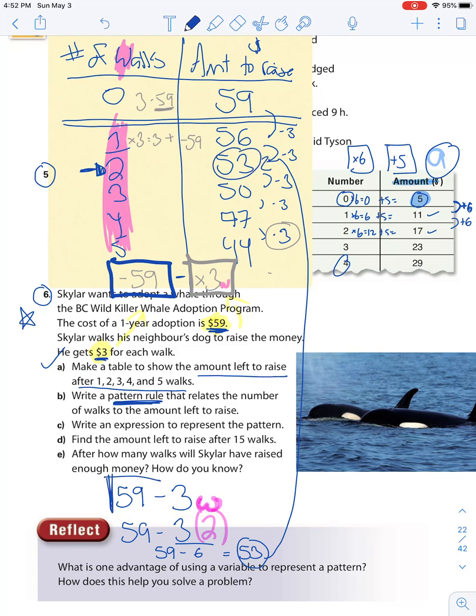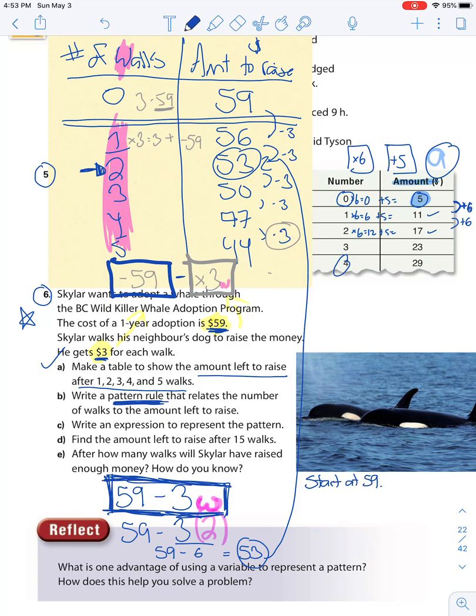Okay, so even though this is a little bit of a backwards way to find it, this is where we kind of just have to think logically about what's happening in this story problem. And this is why this one was very, very challenging, because they ask for it in a bit of a backwards method. But if we think about this, does this make sense? In a way it does. So the pattern rule would be